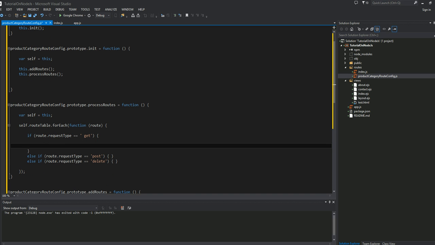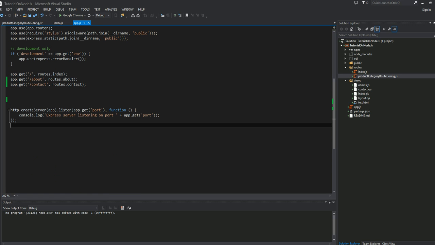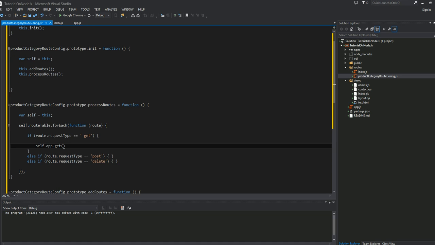So we're going to do something like this. We're going to say this dot app, we're basically calling the GET method. When we call GET, as you can see on app here, we need the route and of course the callback function, which is available with this object called route. So we're going to say route dot the